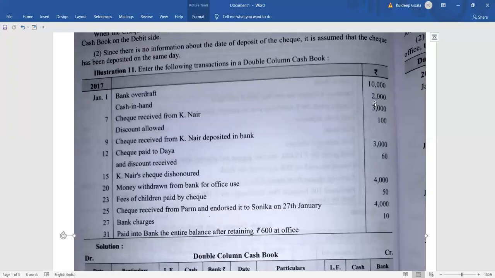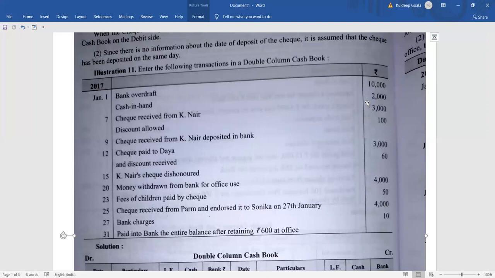This type of facility is generally given to a limited number of customers, and to be very specific, it is given to a businessman. The bank gives the facility to businessmen who are little known to them, not to every businessman. What is the facility? The business can make extra payment from their bank account, provided you have a very good record with the bank and a very good relation with the manager. You can avail this facility.